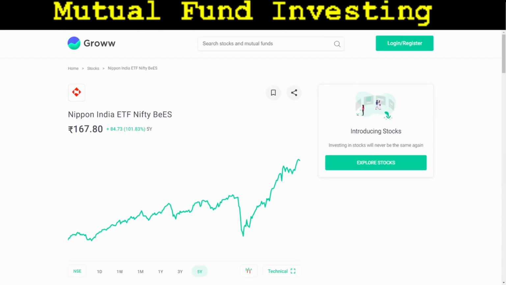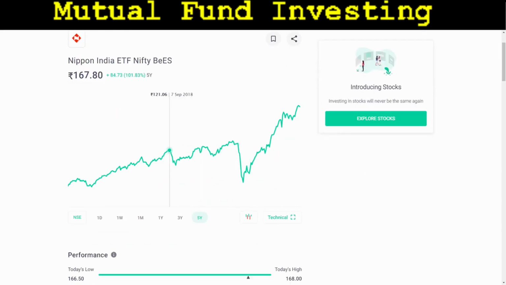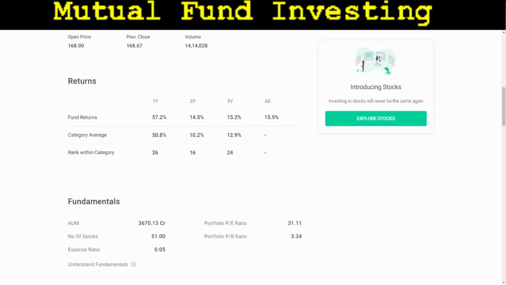And lastly, I would like to bring your attention towards Nifty ETF, which is a very simple mutual fund. If you don't want to go through these complex analyses and you have limited time, just select Nifty ETF. Nifty ETF invests in only the top 50 companies in India, that too in the same proportion of the Nifty 50 index. So a Nifty ETF just replicates Nifty 50 and invests in the best 50 companies in India. Its graph is almost similar to that of Nifty 50. The returns are exactly the same as the Nifty 50 returns.